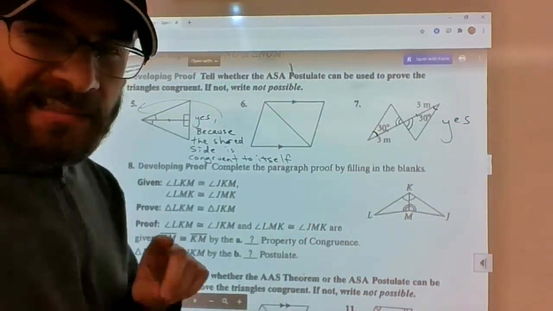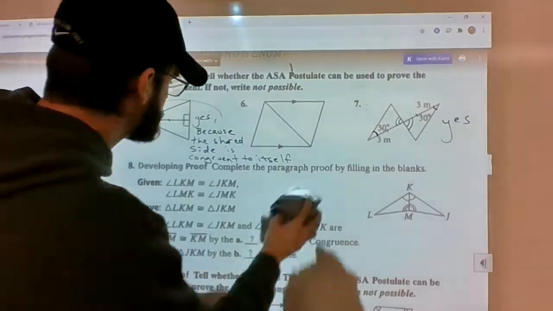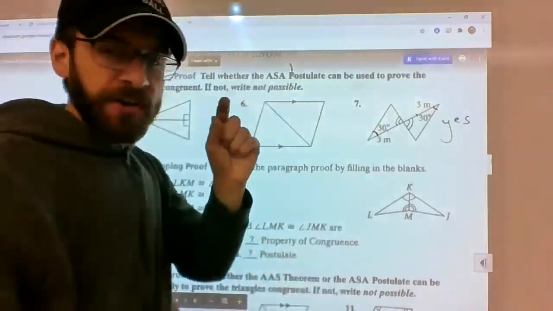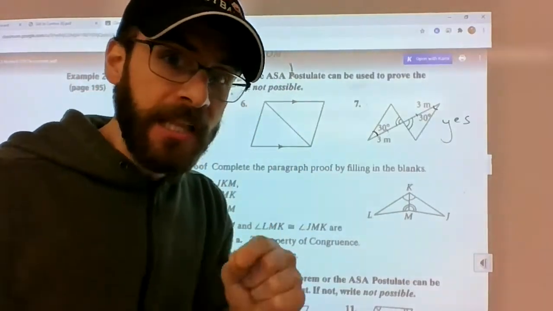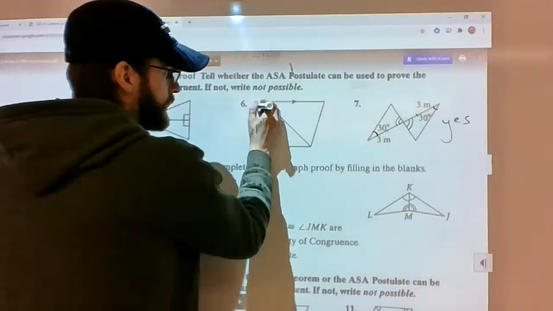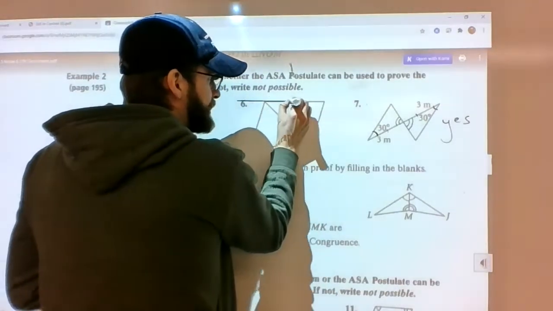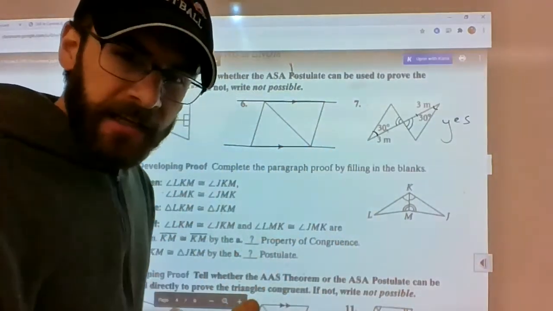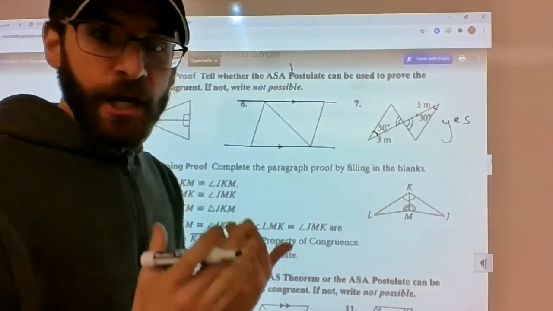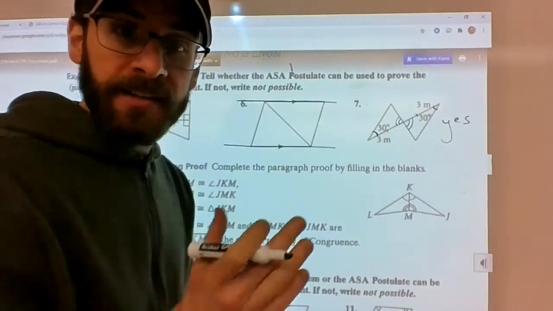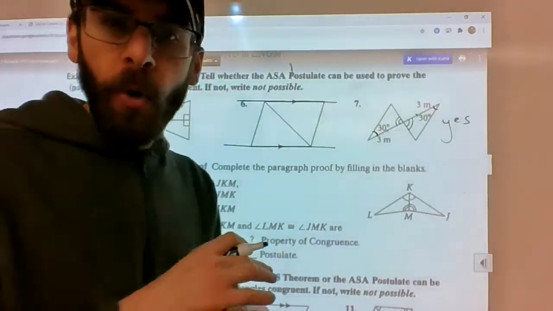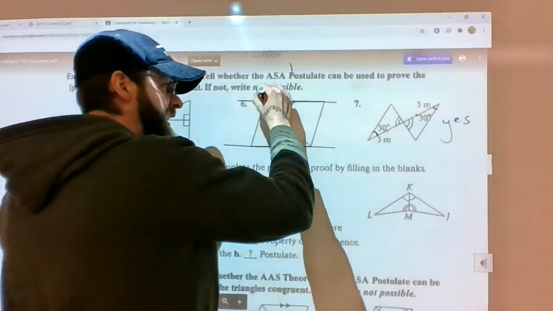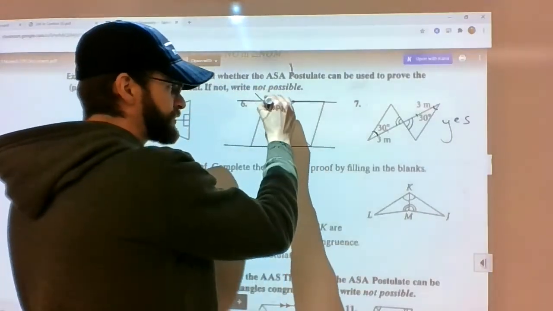Now, number 6 is a little bit trickier. Here's why. These little arrowheads are not congruence indicators. They're parallel line indicators. So what I'm going to do is I'm going to extend this out a little bit. And the reason being is because when we had parallel lines in the previous chapter, you guys had a whole bunch of different congruence statements from that. So what I'm thinking about here is, if we extended these lines and extended this one right here,